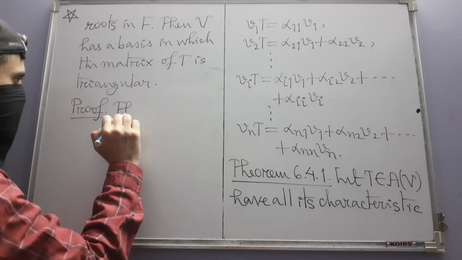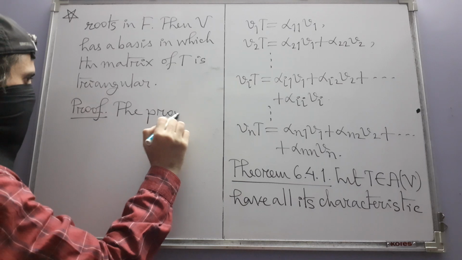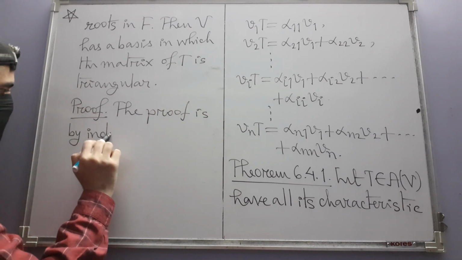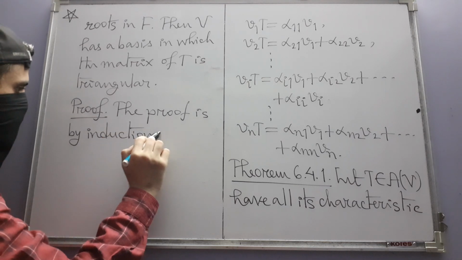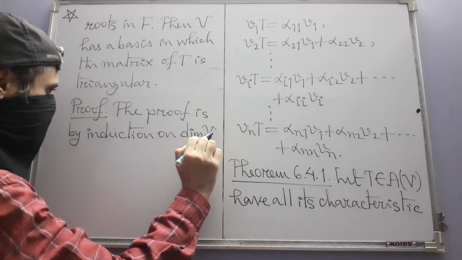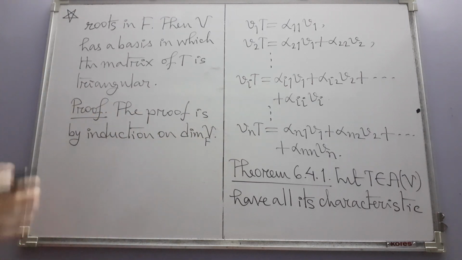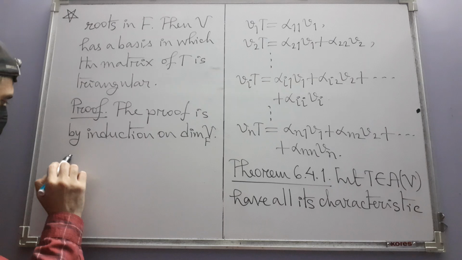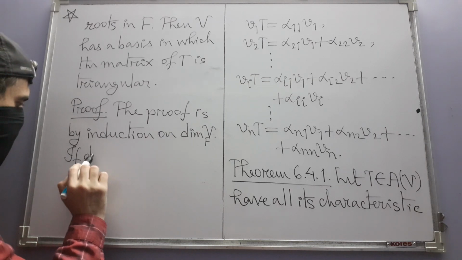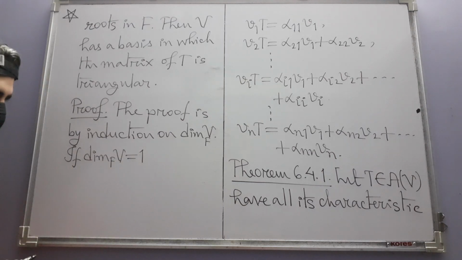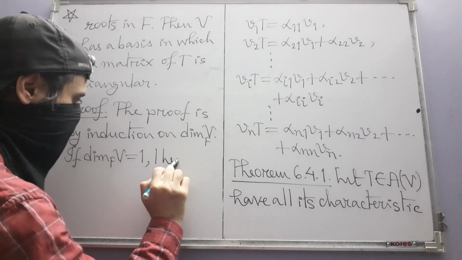The proof is by induction on the dimension of the space V over F, the dimension of the underlying space. Because it is finite dimensional, we can follow this path. If this dimension is 1, if V is one dimensional, then